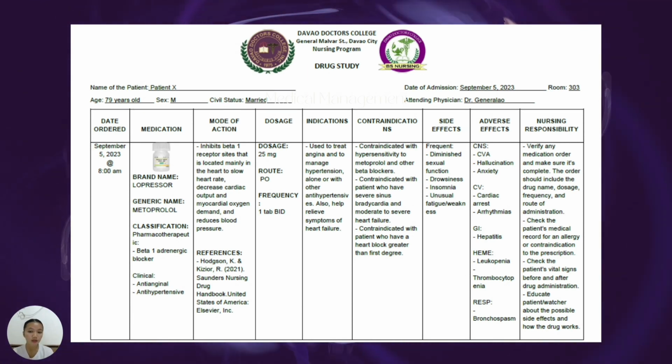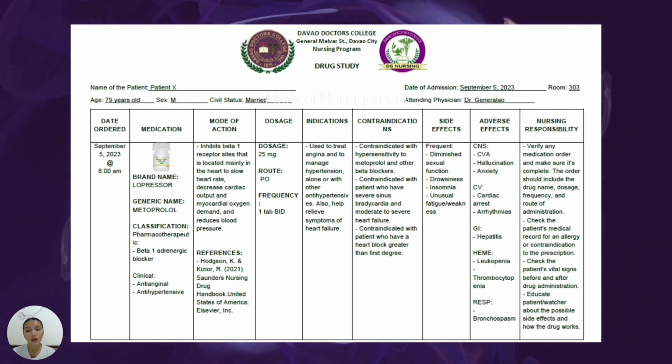And thrombocytopenia is the lack of platelets in the blood. And for the respiratory, we have bronchospasm, which is the tightening of the bronchi or the airways in the lungs. Now for the nursing responsibilities, first,